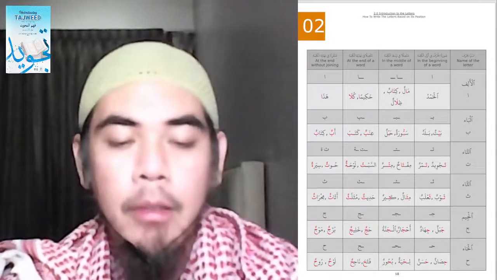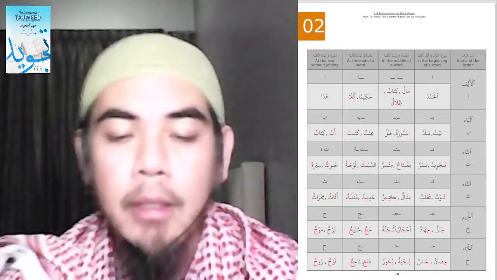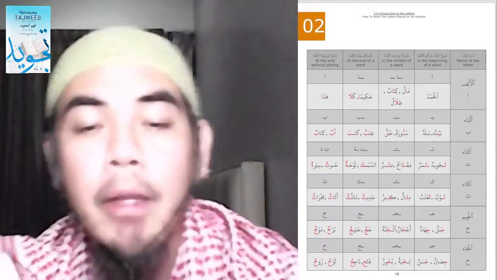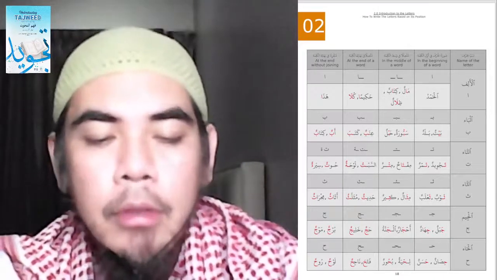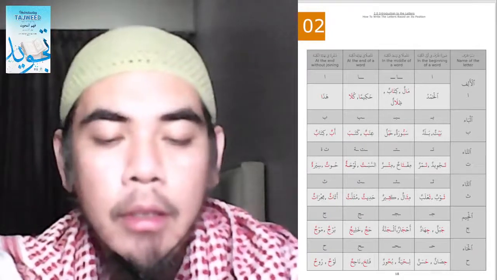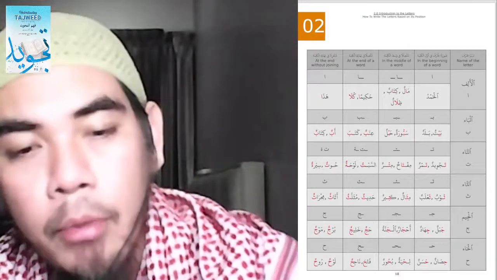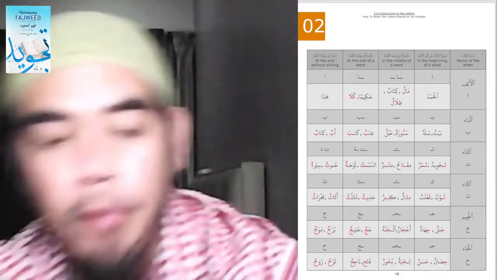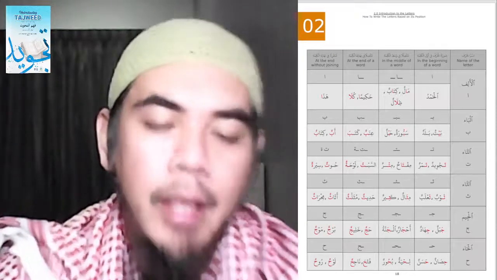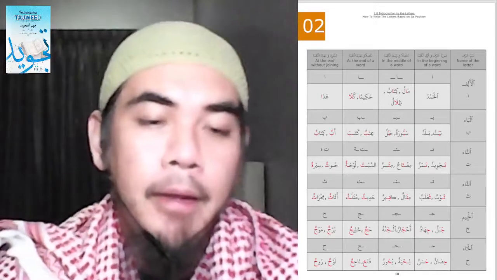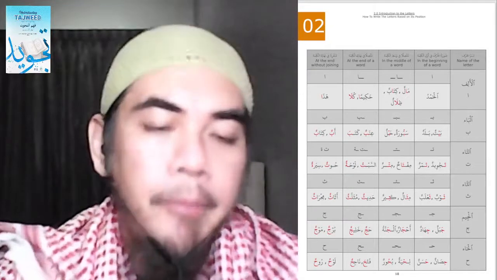Is almost the same as ba, ta as well. So we look at the example there. Thawbun, tha'labun, mithalun. That one is for the thawbun and tha'labun is for in the beginning of a word, and then in the middle of the word, mithalun, kathirun, and then at the end of the word, hadithun, muthallathun, and at the end